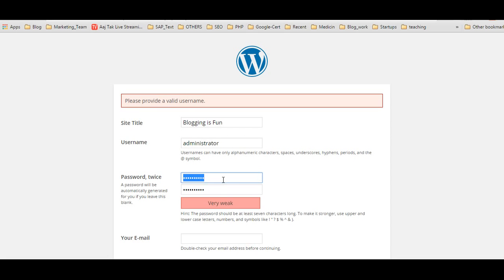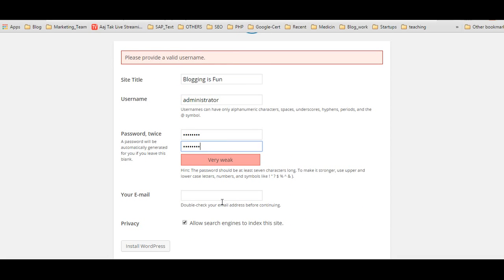It says the password is weak, very weak. Whatever password you want to give, give it here right now.